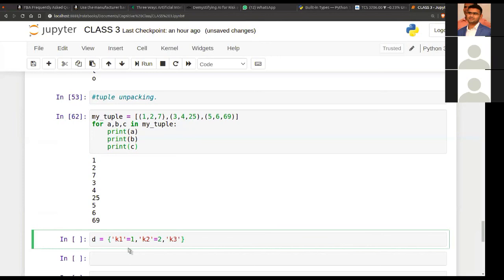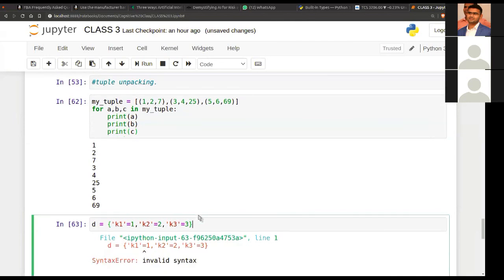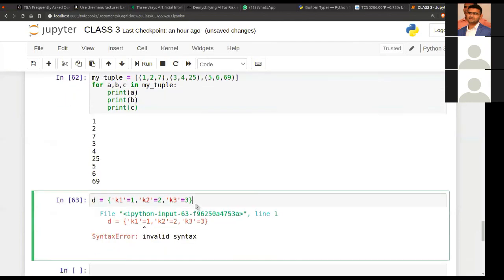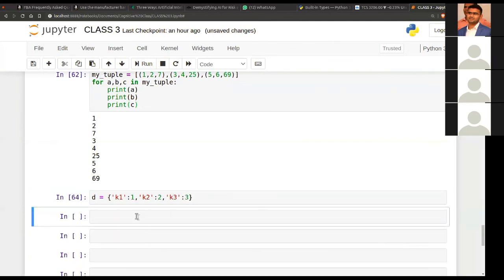I've created a dictionary. Okay, is something wrong? We can't put equal to, it is actually colon. Okay, now it's worked just fine.